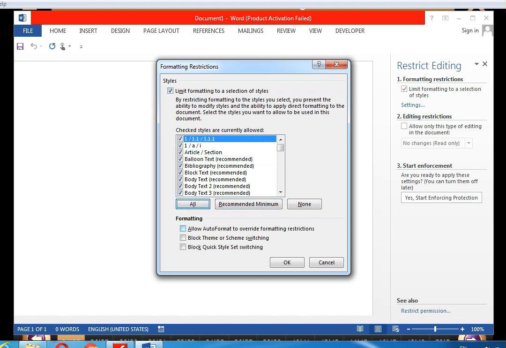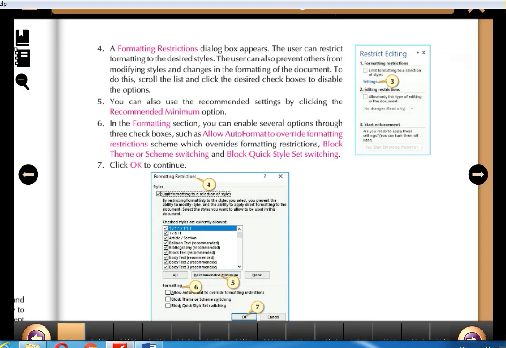And here on the bottom side, the next step is formatting. Step 6. In the formatting section, you can enable several options through three check boxes such as allow auto format to override formatting, block theme or scheme switching, and block quick style set switching.